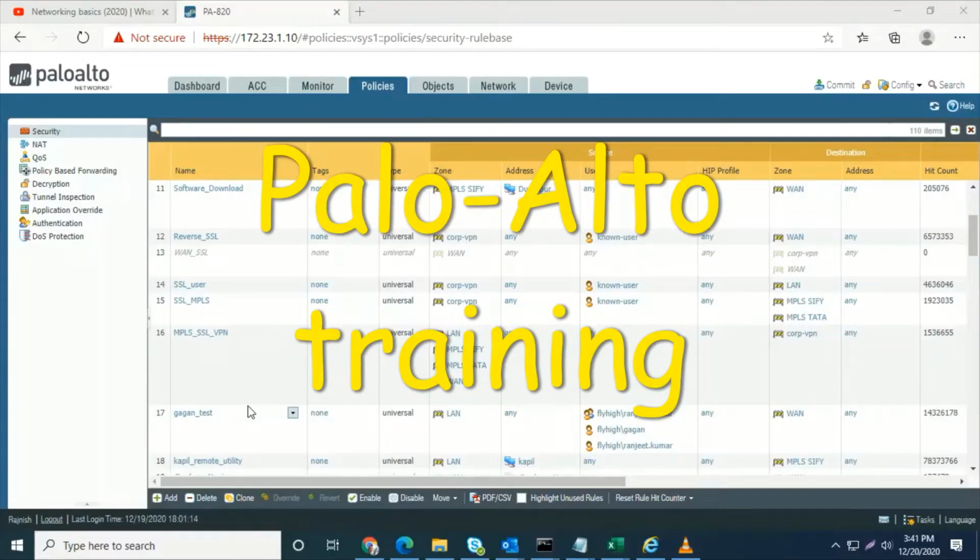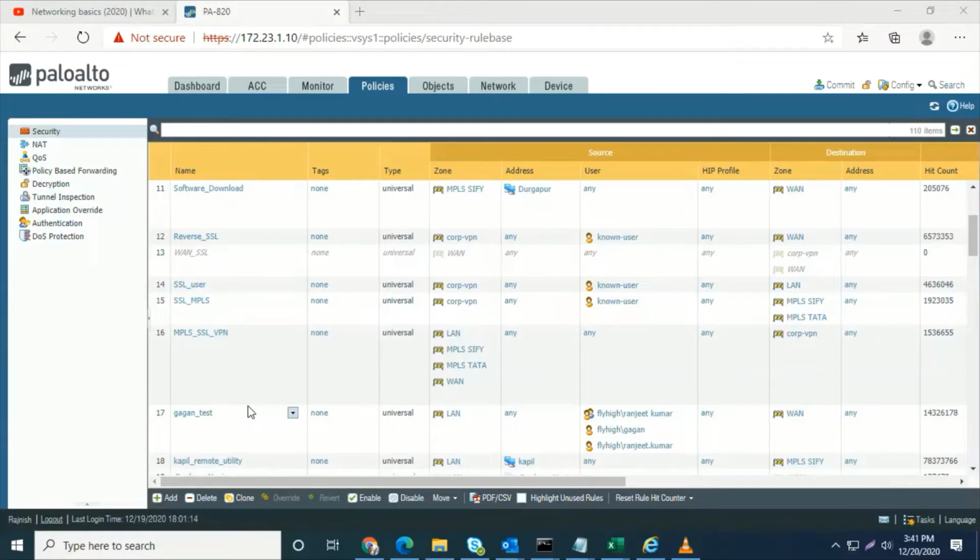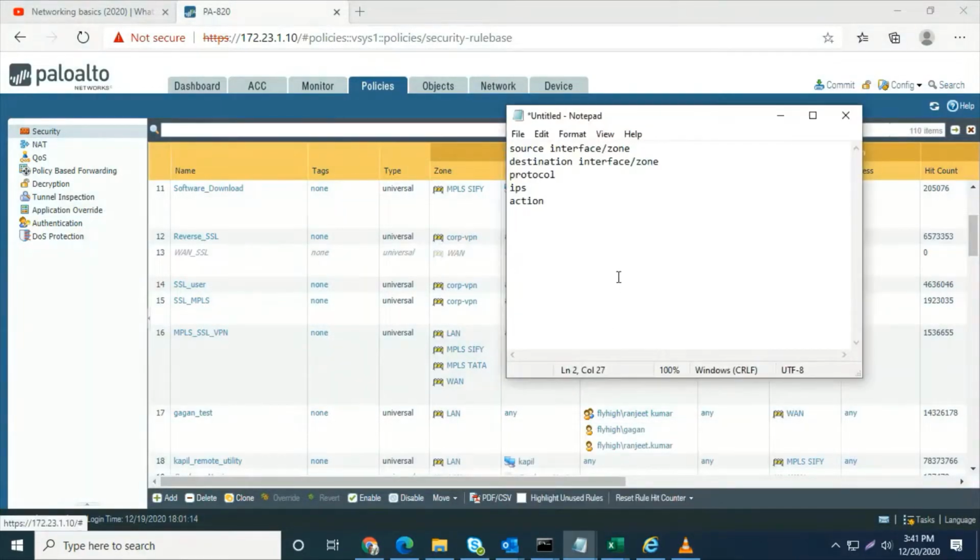Policy in Palo Alto Firewall. As we know very well, when we configure a policy in a firewall, we must know some things: the source zone, the destination zone, the source IP and destination IP, and the protocol which you want to allow or deny for this policy as we require, and the action, whether it should be allow or deny.